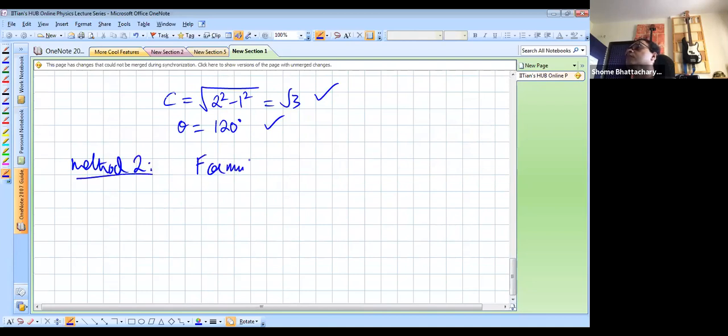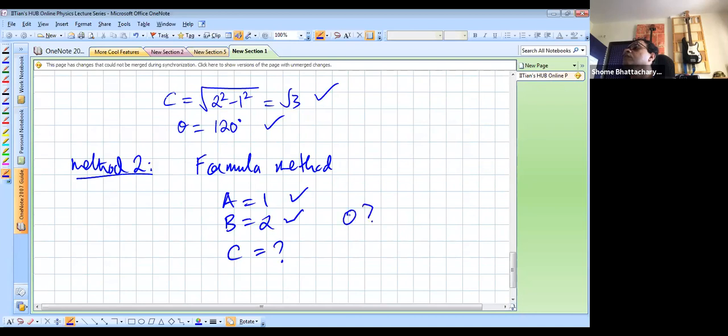Formula method. So in the formula method, see what is given to me. E is given as 1. B's magnitude is given as 2. C's magnitude is unknown. Theta is unknown. Okay. But alpha is given to me as 90 degrees. So the things that are given to me, notice very interesting, are alpha,